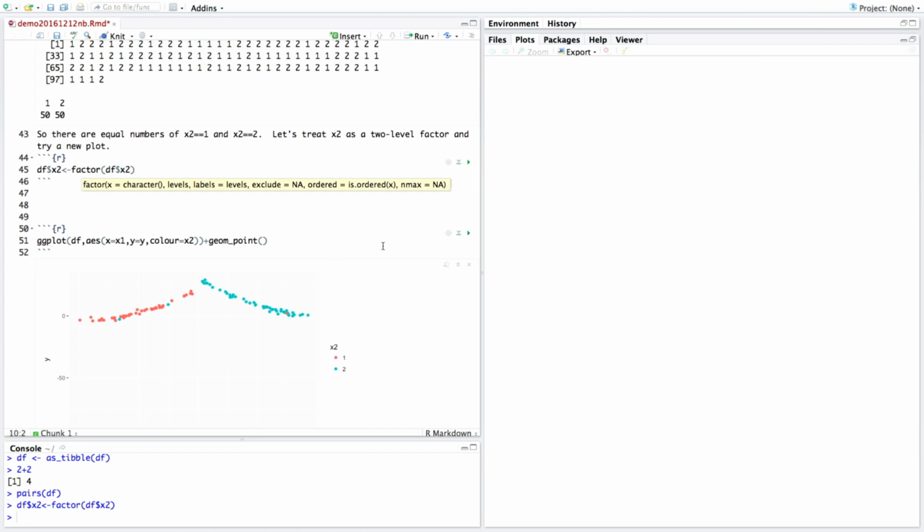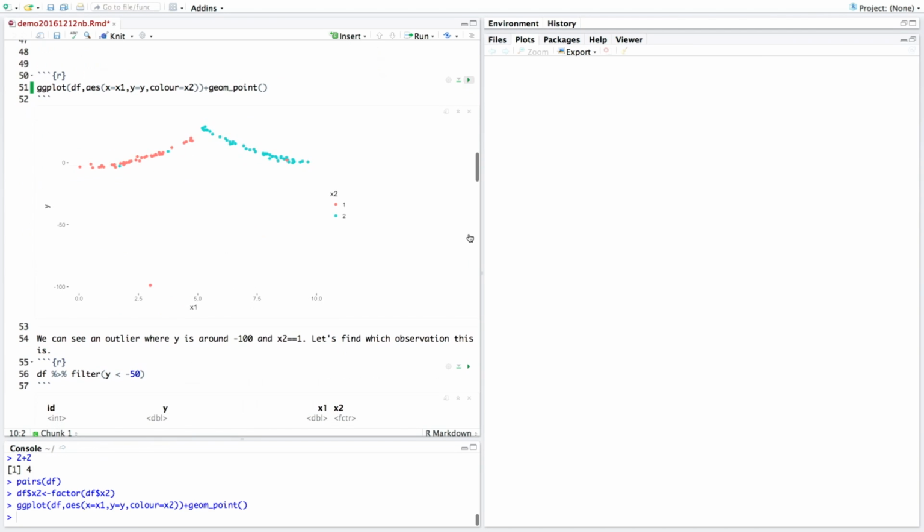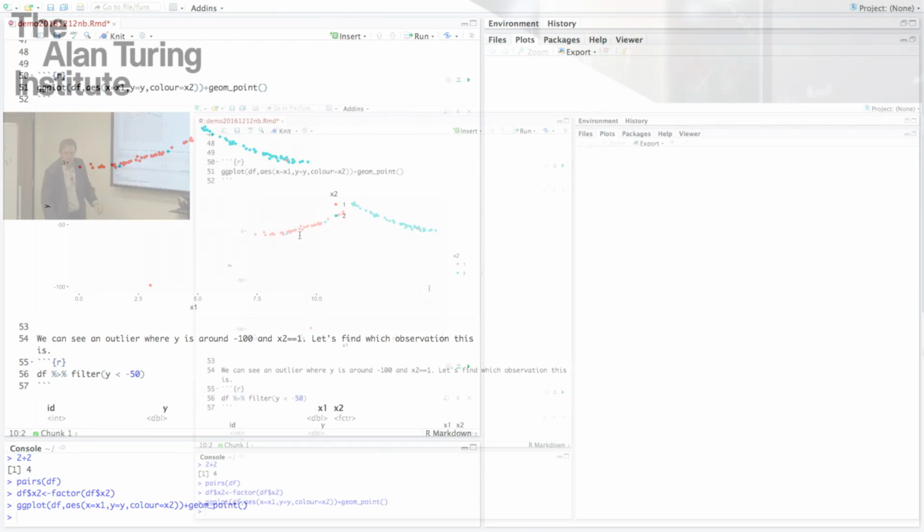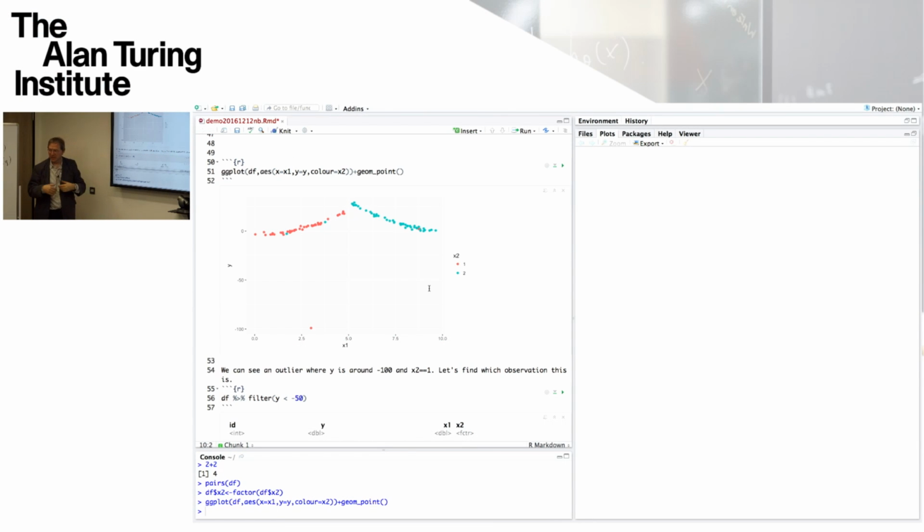So now if we do this plot here, what is this plot? This is the plot which has y on the vertical axis, x1 on the horizontal axis, but it has a further aesthetic, which is that the x2 variable, which is now a factor, which is 1 or 2, that aesthetic is turned into the colour associated with any points that we draw.